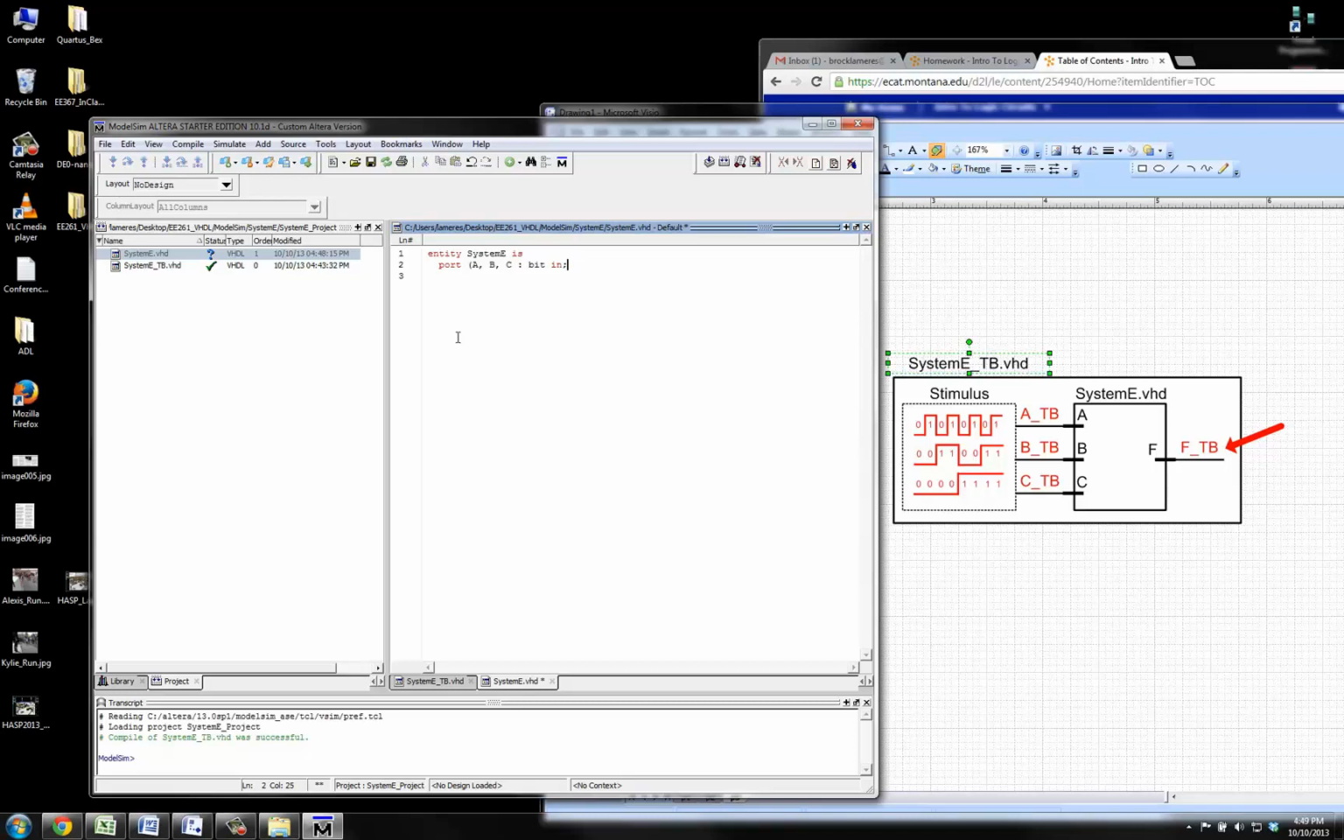Okay, so at this point I am going to continue adding. Okay, I have that backwards. It's actually, I give it the mode in, and then I give it type bit. Okay, then I'm going to, oh look, you notice that the keywords will turn colors. It kind of lets you know that you're doing everything right. So then I say F, and that's my output. So I'm going to give it a mode of out and a type of bit, and then I end the